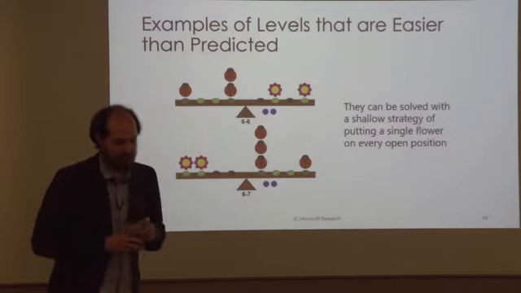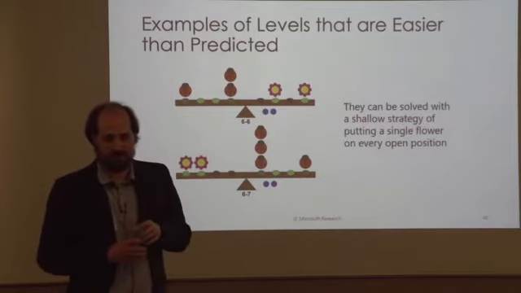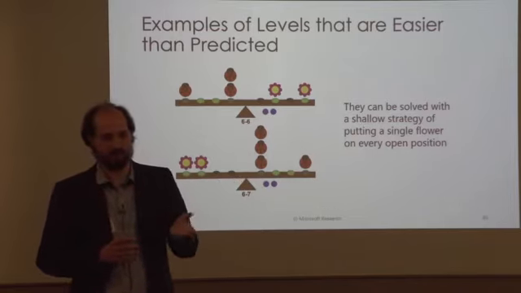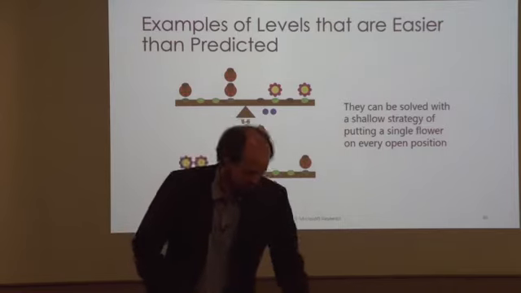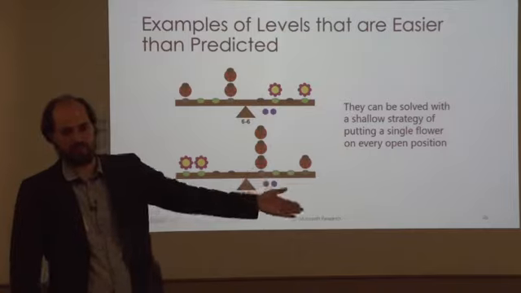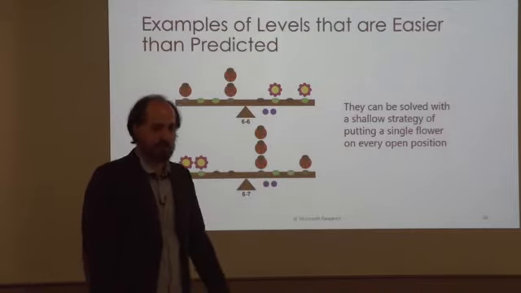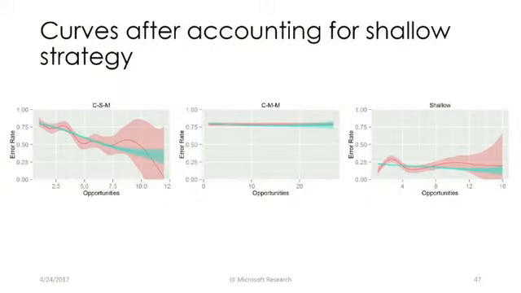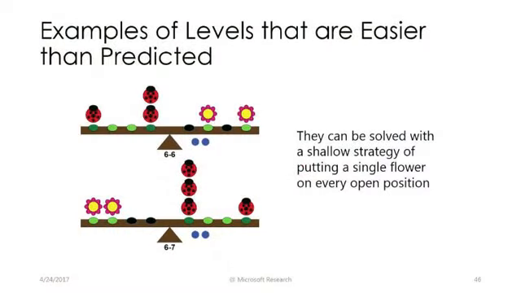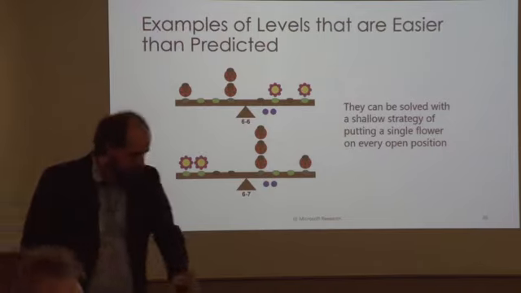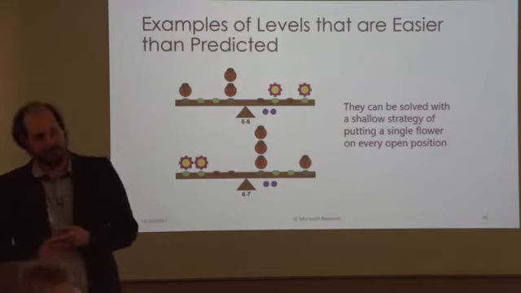So they can all be solved by a shallow strategy of just putting a single flower in every open position. You don't have to think about the math, you don't have to think about the physics, you just click open spots and you win. And so we found that, well, that's a problem, and essentially built a small detector to go through all of our level designs and find places where this is possible, and retag those levels with what we called a shallow strategy KC. I'm confused. The flowers. Just the flowers. Yes. You get the solution for free. Oh, I see. So you show the ladybugs, and then they just click on the open spots on the other side. Yep. Solved.